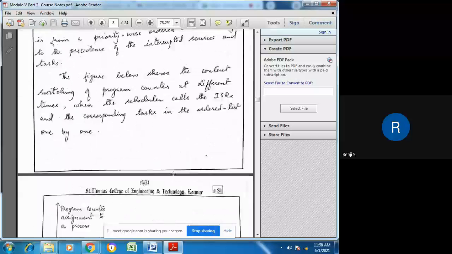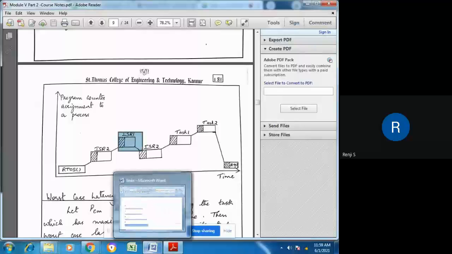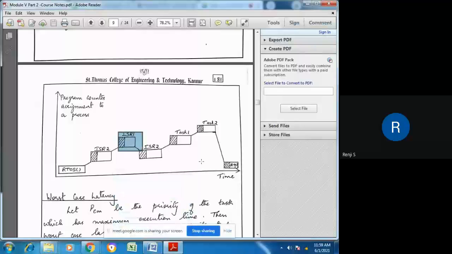So here also in the figure, we have to show that ISR2 has executed for some time, then it is switching back to ISR1. And here, according to this context, ISR1 has completed its execution. And when it completes its execution, it returns to ISR2. And context switching happens to ISR2.